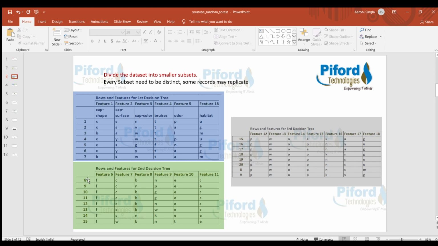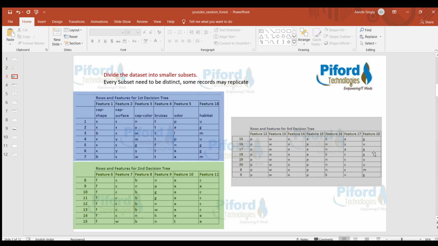For the second decision tree, the rows I'm using are 8, 9, 10, 11, 12 up to 15, and the features I'm using are 6, 7, 8, 9, 10, and 11. The features and even the rows are different in this subset. If we talk about the third subset, you'll see feature 12 to feature 18.